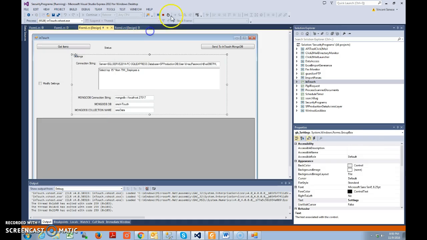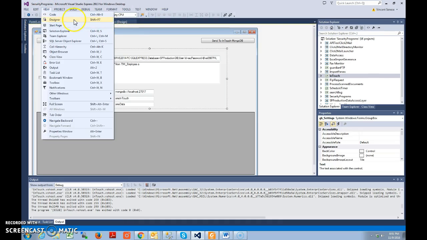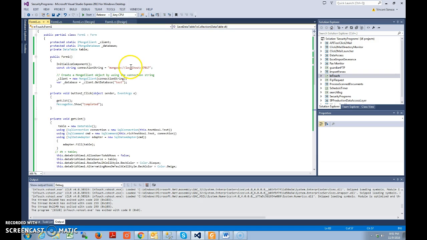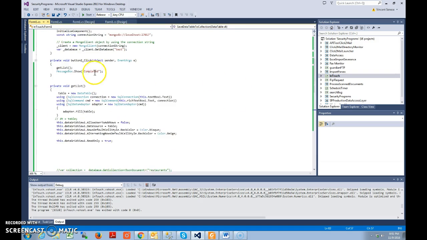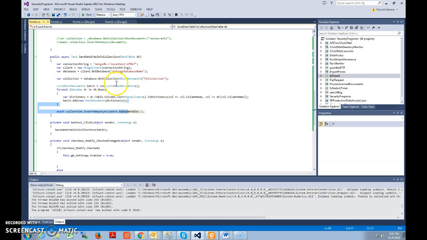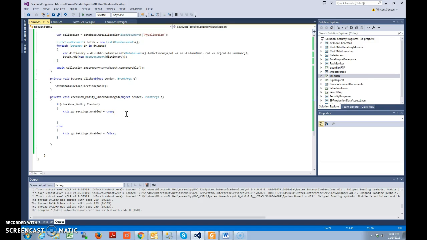But let's stop this and jump in the back end. When we send it to MongoDB, it's pulling all the connection strings and everything else that we have. It's going to take the database name, then the collection, and it's doing a simple conversion, converting all the data table records into the BSON format, and then it updates the collection pretty quickly, all asynchronously. At that point, I think I'll probably have an SSH command connect to the Linux box to run